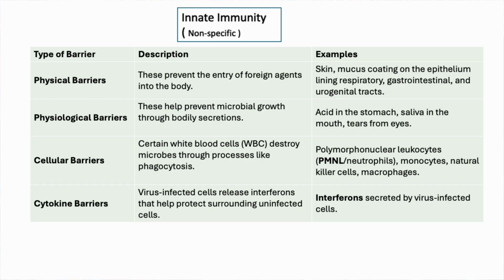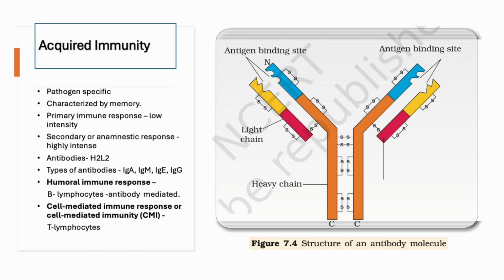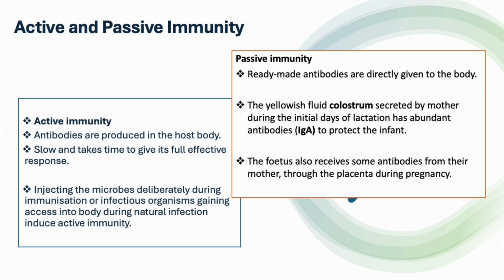Then we move to different types of immunity in human beings. First we learn the types of innate immunity, learn the description with all the examples given in the textbook. We learned acquired immunity, where we learned the structure of an antibody. The two types of acquired immunity, humoral and cell-mediated immunity, learn the comparison. The different types of immunoglobulins also are important.